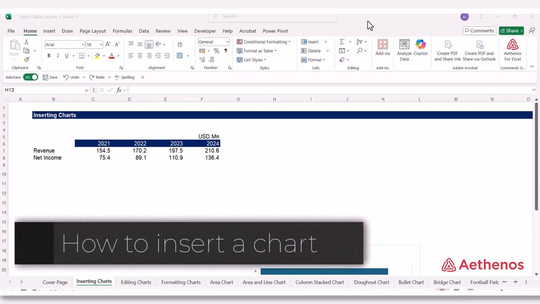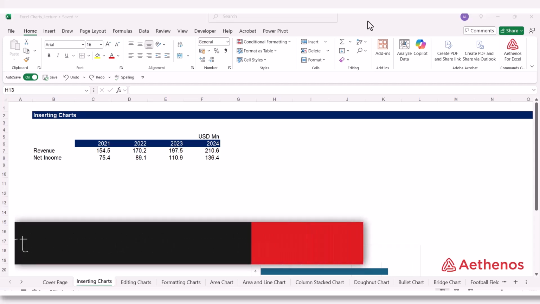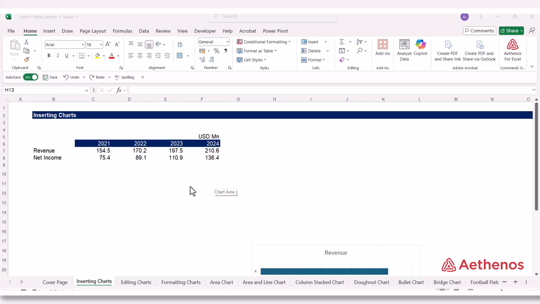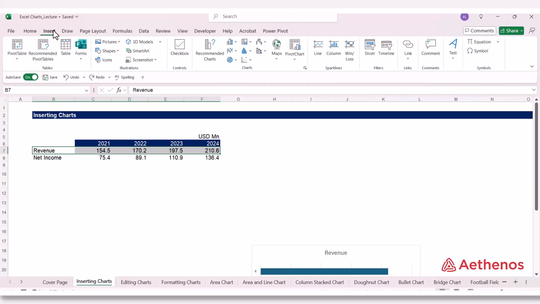Hello. In this video, we will learn how to insert a chart in Excel. Inserting charts in Excel is very easy. First, you need to select the data that you want inside your chart. So I'll select the revenue values. Then I go to the Insert tab. And here under the chart section,